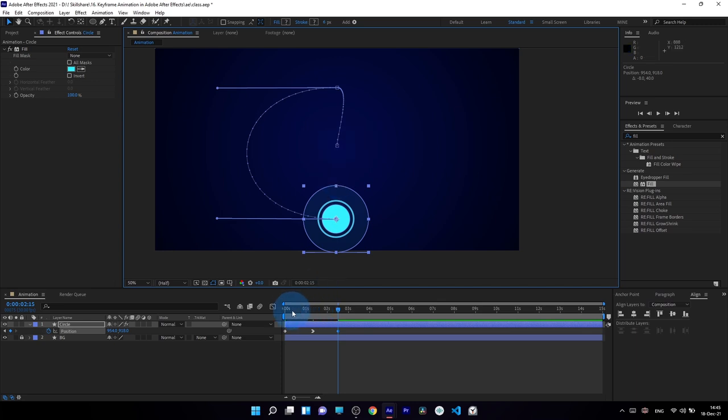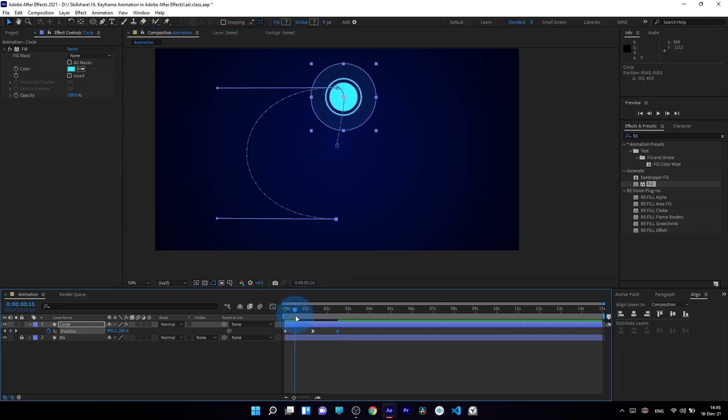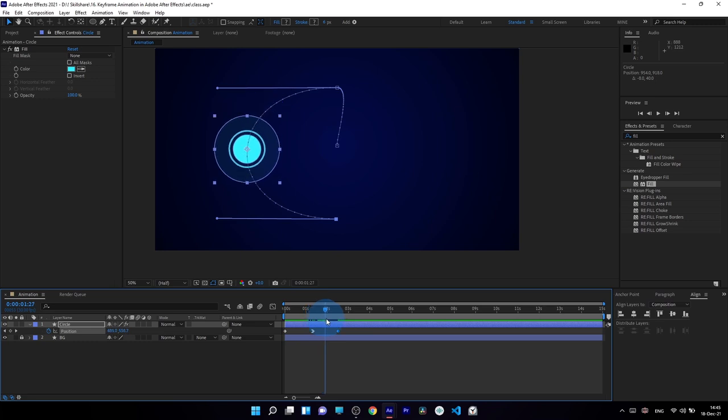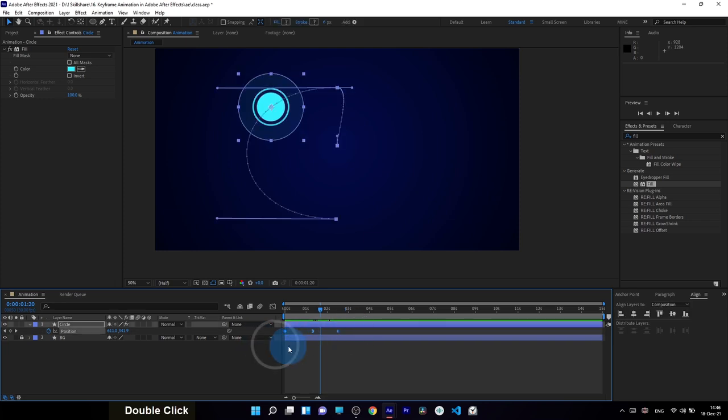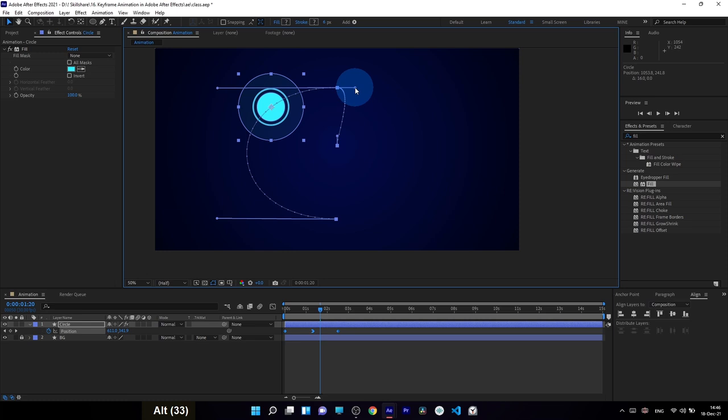Now you can see that we have this animation which goes up, then a round shape like this, and we will add this closing shape a bit later. But first I want to change this curved motion. What we want to do is select all of these keyframes and then select this handle. If you hold the Alt key on the keyboard, as you can see I'm holding Alt, and click on this